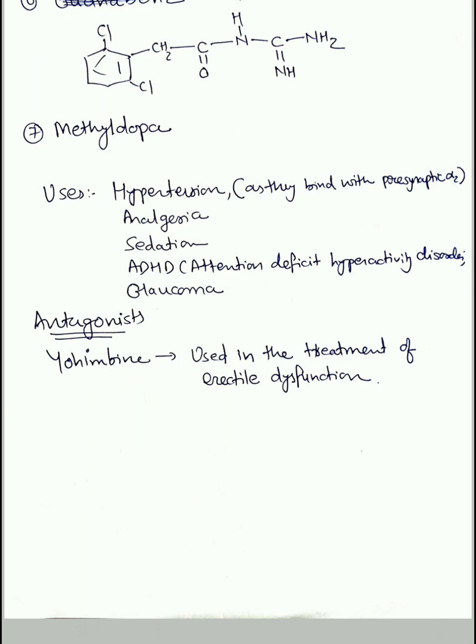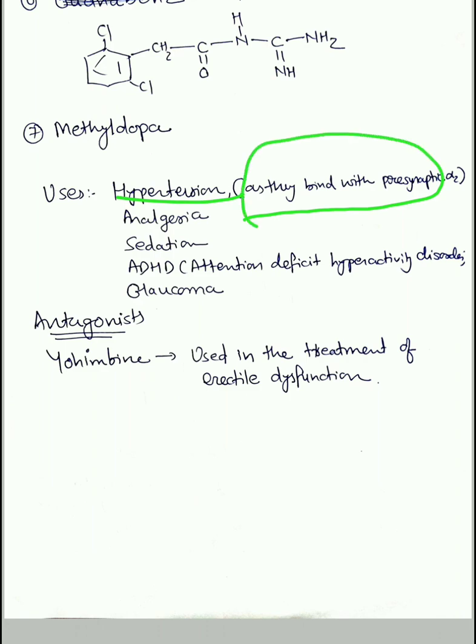Now let's see the uses. Okay, first use is hypertension. Now you will wonder that while explaining location and function, I've already told you that alpha-2 receptor produces blood vessel constriction. So if it is producing constriction, how it is used in hypertension? Because in hypertension, the purpose is to reduce blood pressure by dilating the blood vessel. So here it does so by